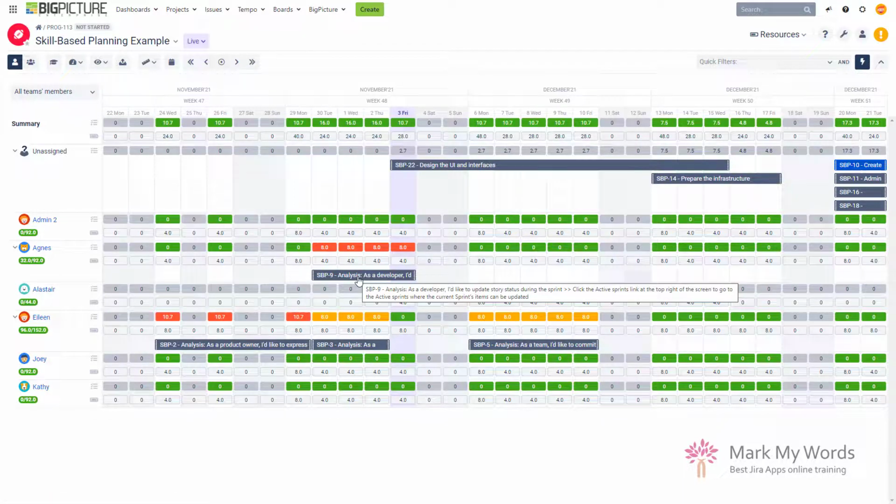And of course, again, it's just a system suggestion based on an algorithm running in the background, but this algorithm is taking into account the skill requirements plus the availability of people, right? So even if the person is not fully available, it will be taken into account, and you will be getting